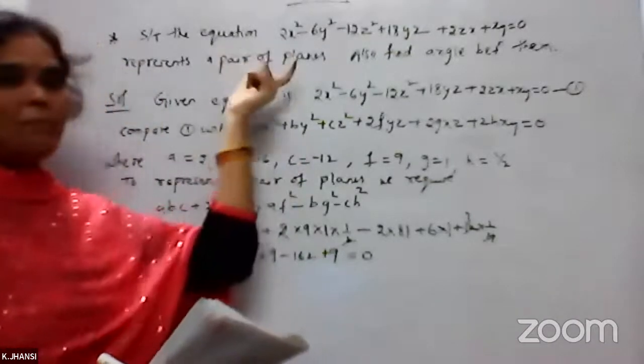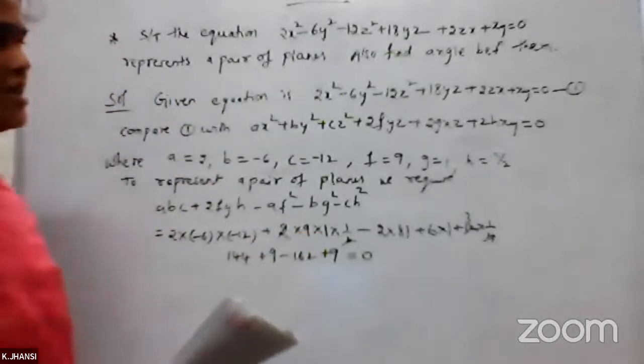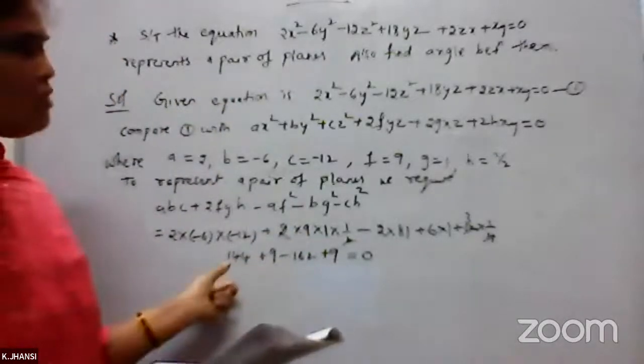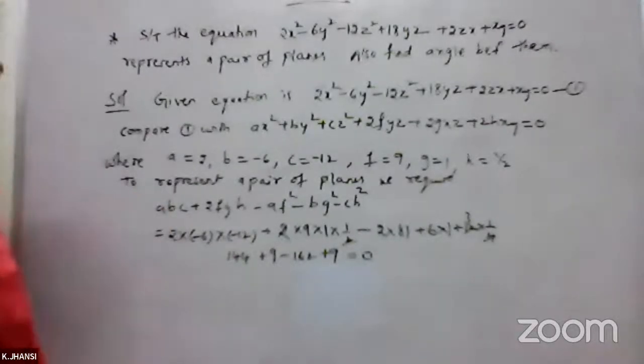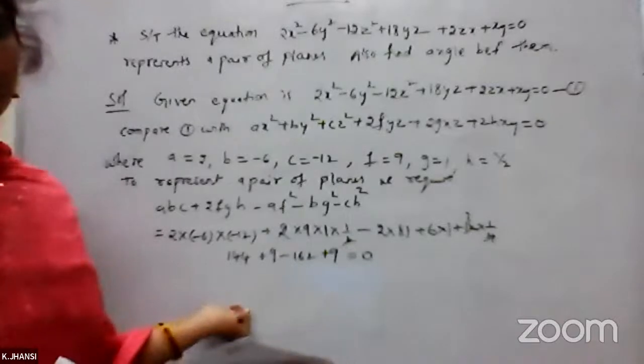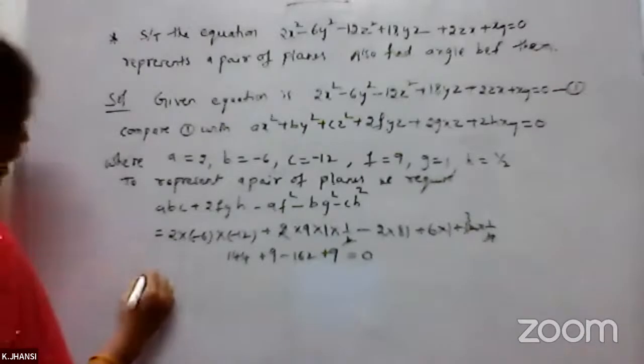So the given plane represents a pair of planes. This is the first part he has asked. Another one is we have to see F square is greater than or equal to BC. The three conditions are there, no? The three conditions also it has to satisfy. So for that one also,